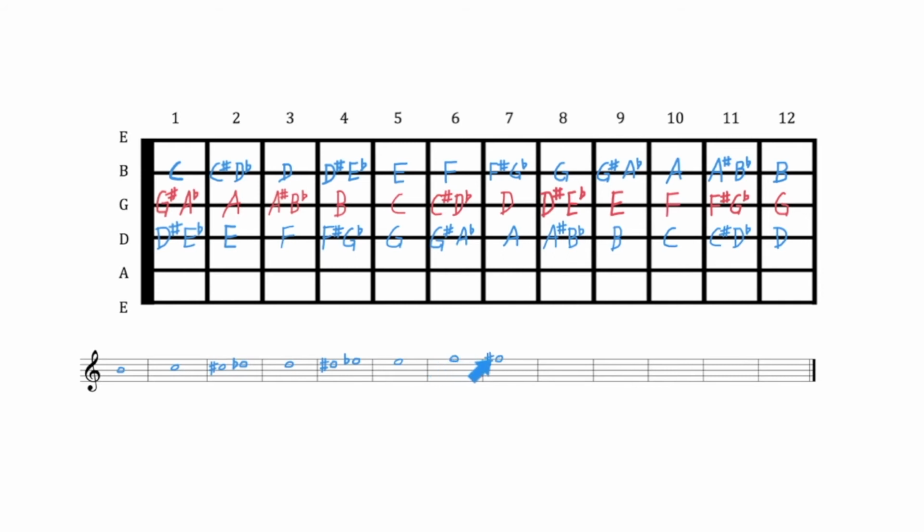Stay on the same line for F sharp, then the top space for G flat. We stay on that space for G. Stay on that same space for G sharp. Now we need to extend the staff because we've run out of spaces and lines. So we're going to add a short